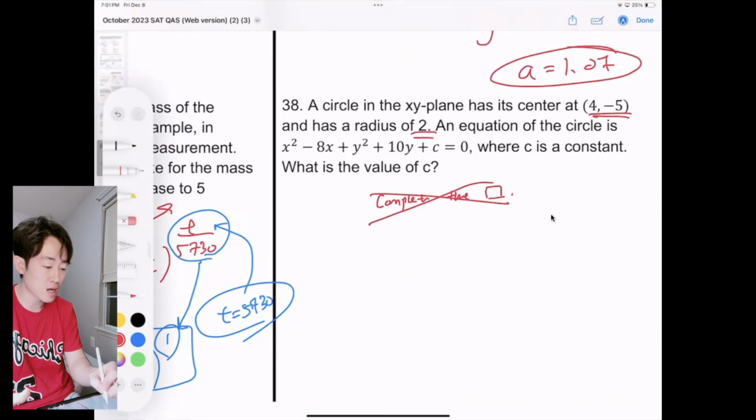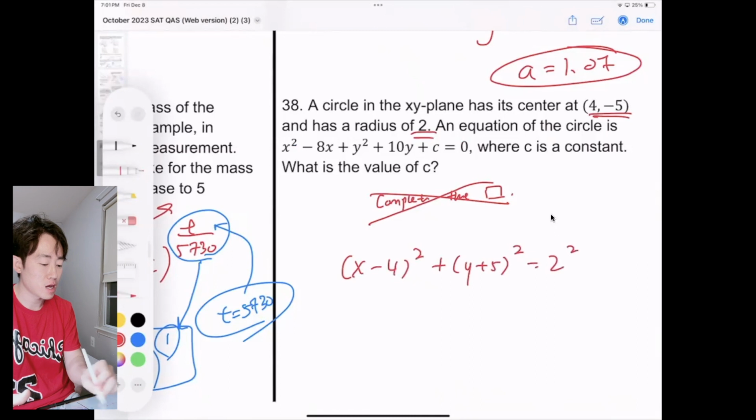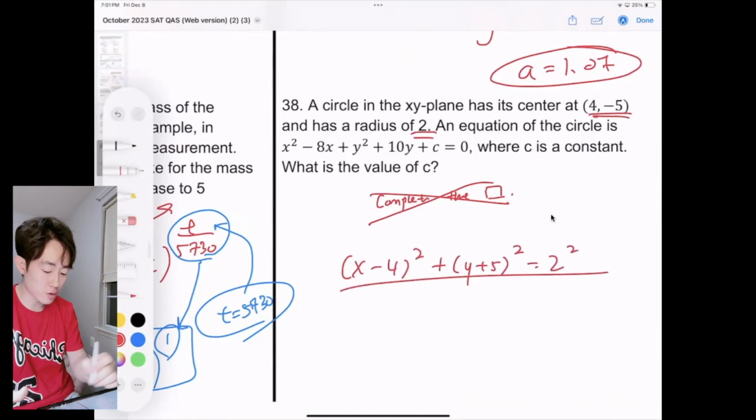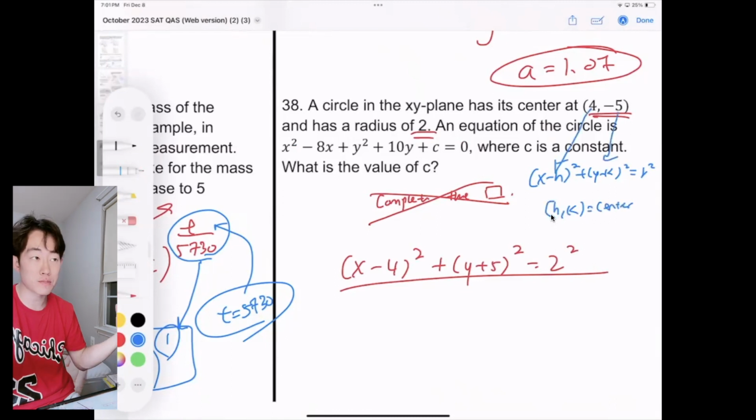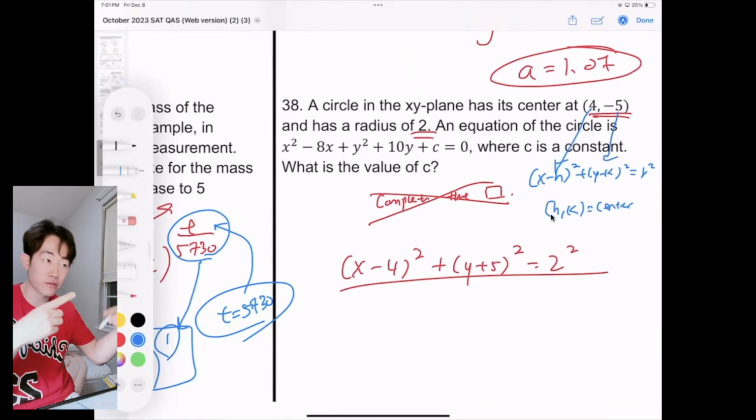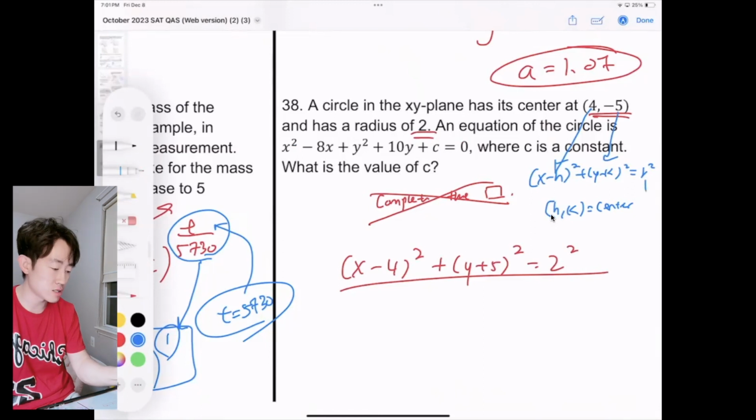That is so lovely. So why don't we put that into our expression of the circle equation, where it says x minus h squared plus y minus k squared equals r squared. If you have already forgotten, h comma k will be your center, which is exactly what I did. Just plug those in. 4 is x minus 4, -5 makes it y plus 5. And r is just 2, so 2 squared. When you expand this,